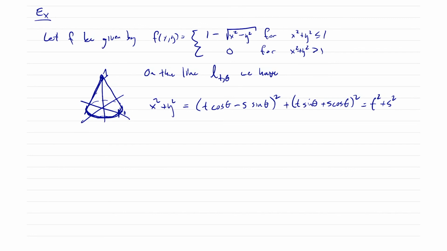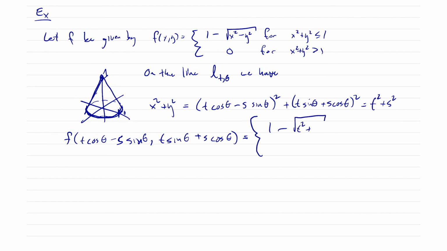So, basically, what we have is that f of t cosine of theta minus s times sine of theta, comma t times sine of theta plus s times cosine of theta is equal to 1 minus the square root of t squared plus s squared, and 0 for when t squared plus s squared is less than or equal to 1, and otherwise for t squared plus s squared bigger than 1. Okay,